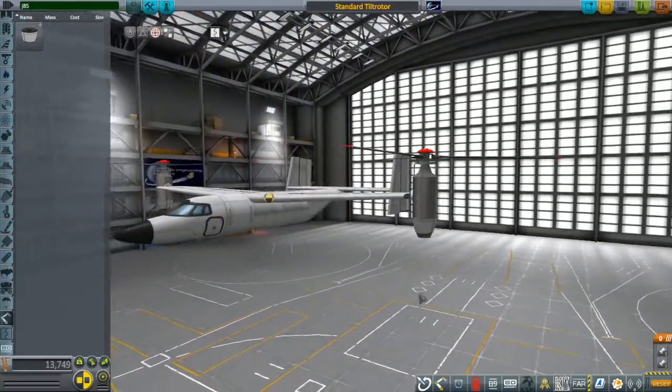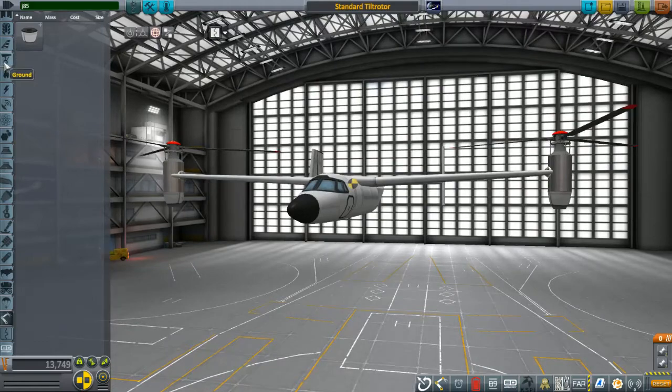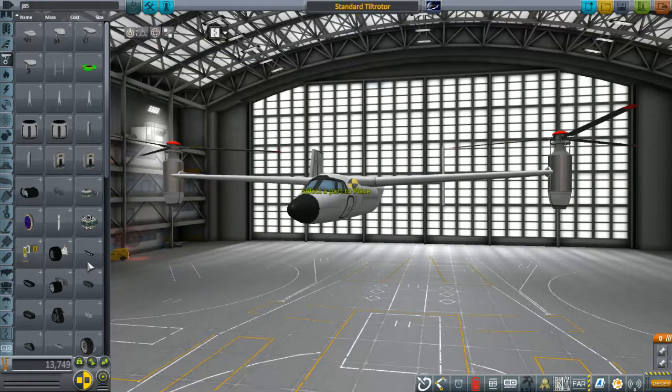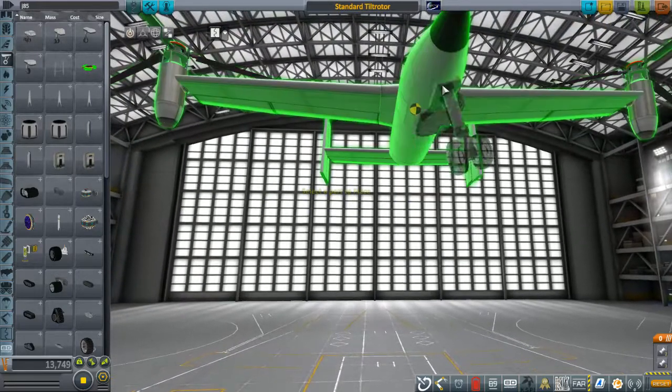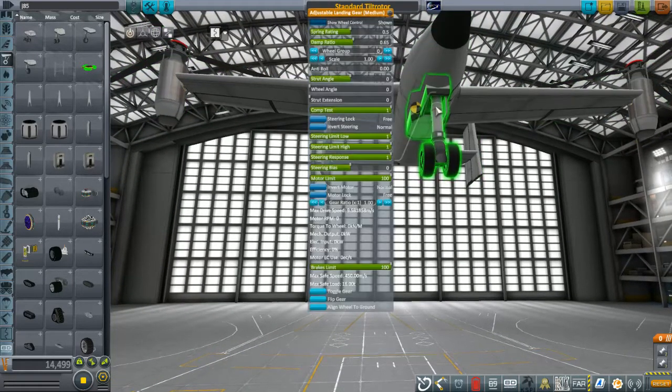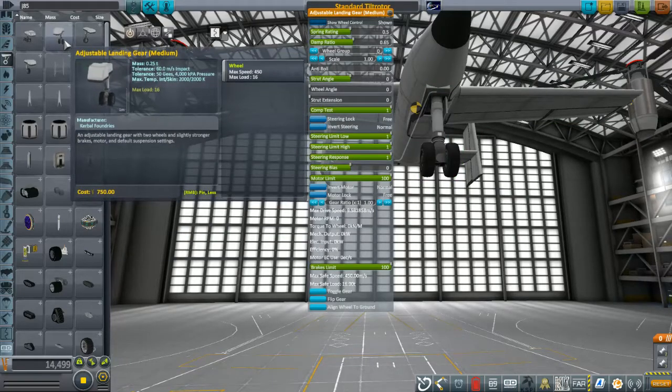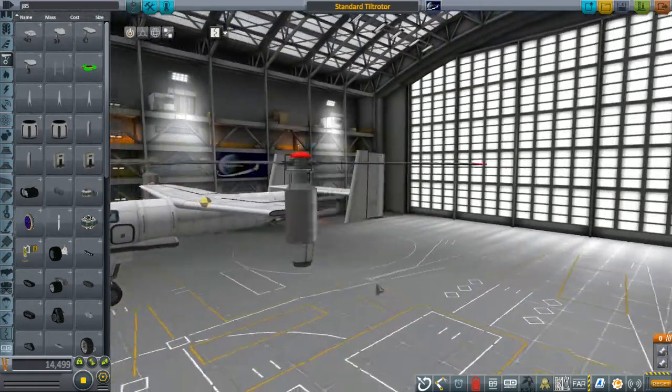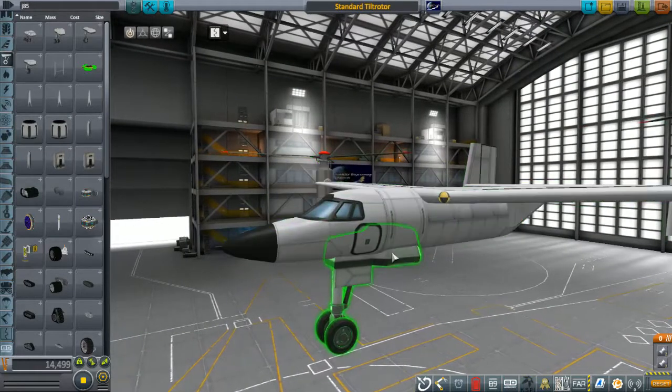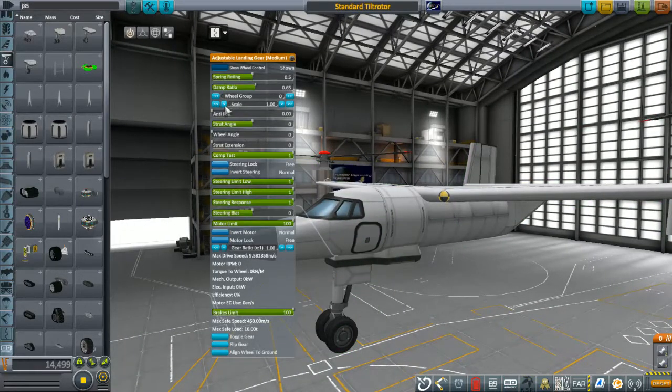But right now, we still got to add a couple more moderately heavy parts to the configuration, starting with the landing gear. Now, the important thing about the landing gear is I am using adjustable landing gear. Does that have a mod name? Kerbal Foundries is the one that's doing that in full now. And I'm not sure since I've done this, and since they've upgraded, if they've